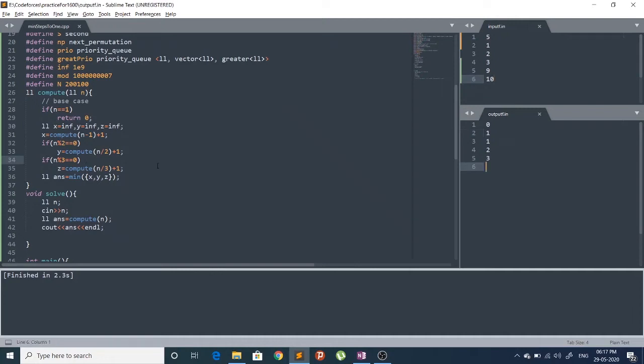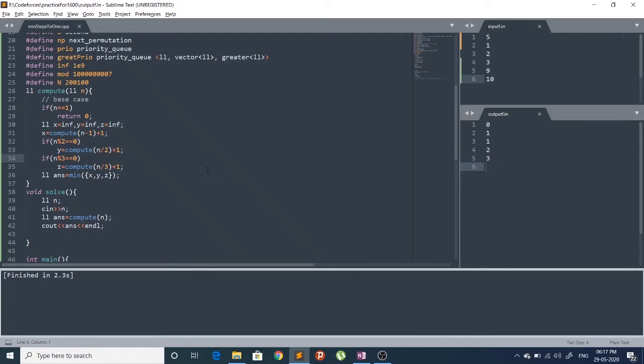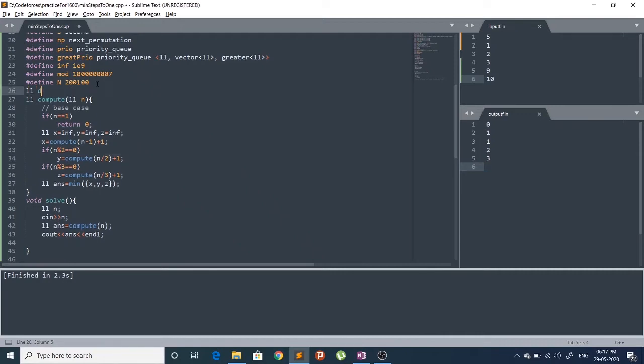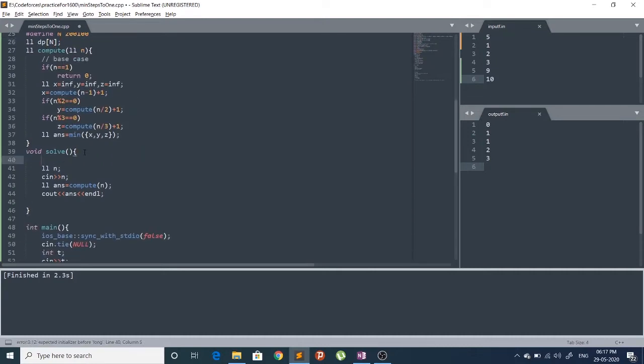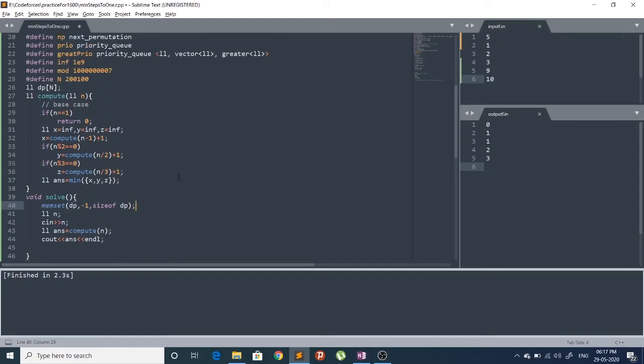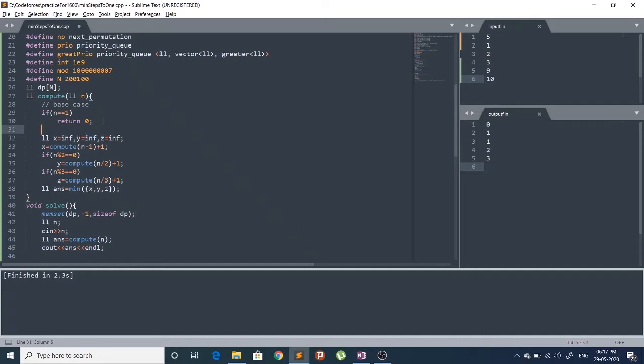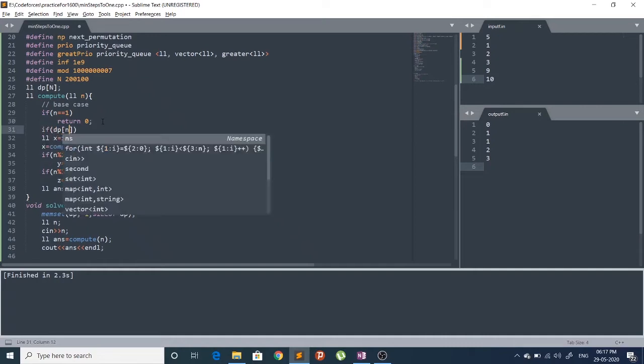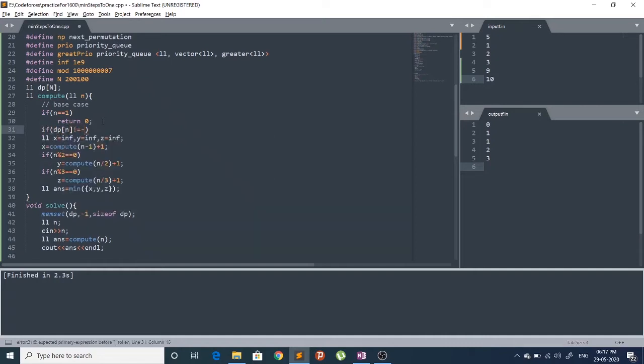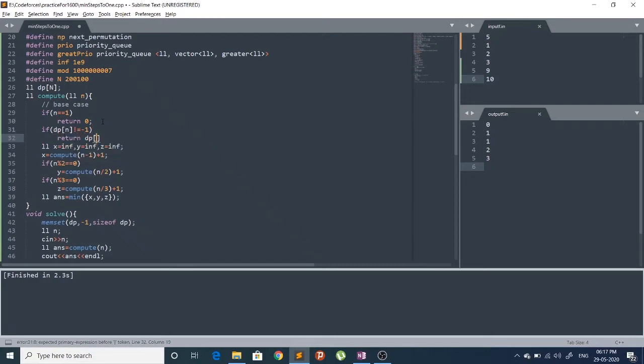Okay, so now we just have to apply memoization to our recursive solution. So for that I will create a dp array. I will give it a size n, and I will memset my dp array to -1. Okay, so after the base case, if my dp of n is not equal to -1, then I just return dp of n. Otherwise I return